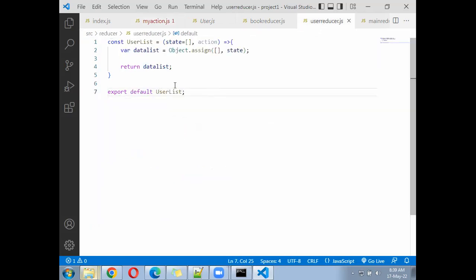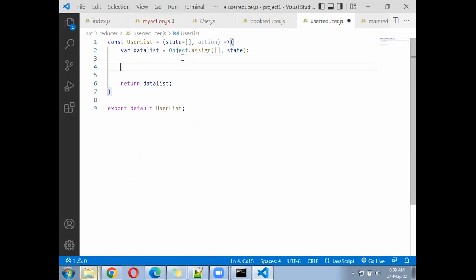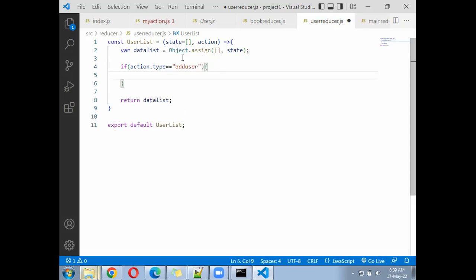In user reducer, you have to go here and check action.type. If action.type double equal to add user, action dot type add user, then